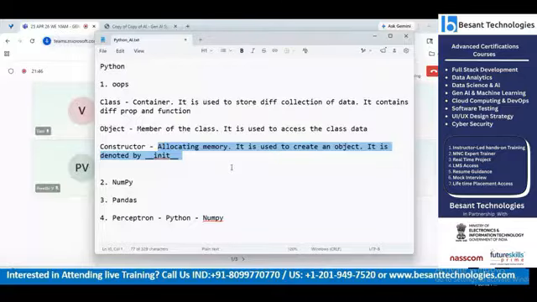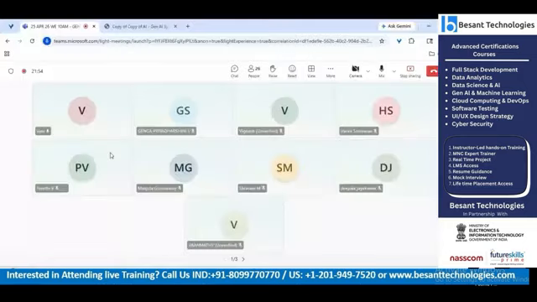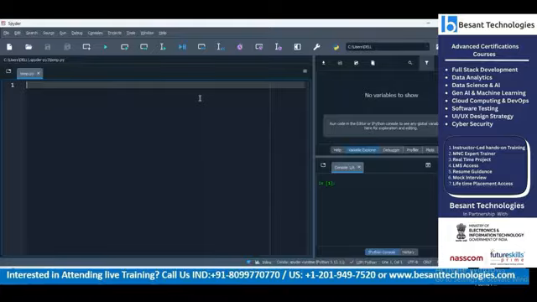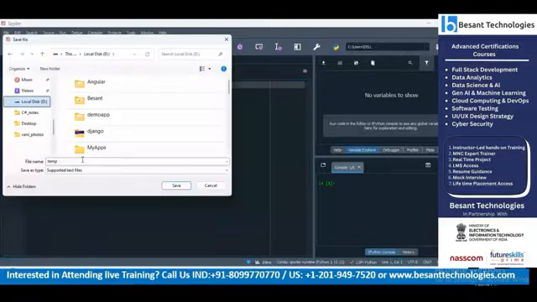Okay, I'm just going to create a simple class now. But I told you already, you can try Python programs in any editor. As of now, I'm going to use the normal Spyder today. I'll just save the program first. You can save your file in any location. So I'm just going to save my file in my D drive. Okay, I'll save it with the name